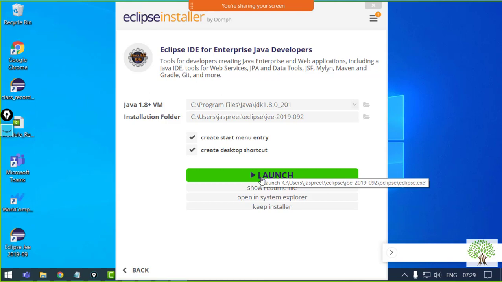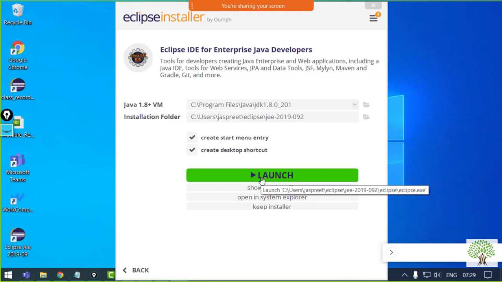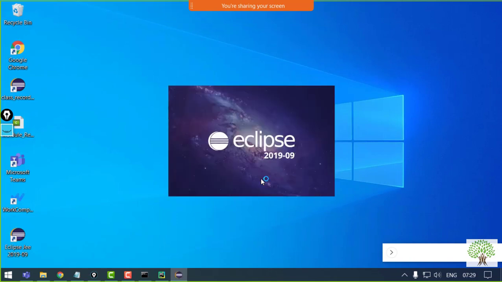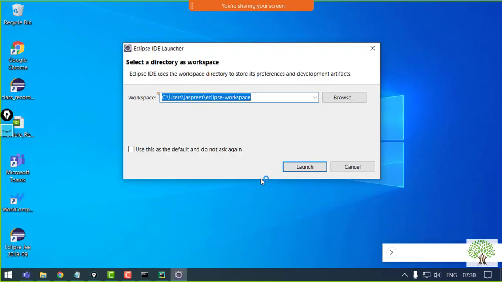Okay? Yeah. So Eclipse is installed over here. I'll just launch it. Now how it looks, what the welcome screen is, the workspace, package explorer, everything, you all know. So it will open up and ask for the location where I want to save my workspace. That will all be done. Like over here it's asking me. I don't want it over here.